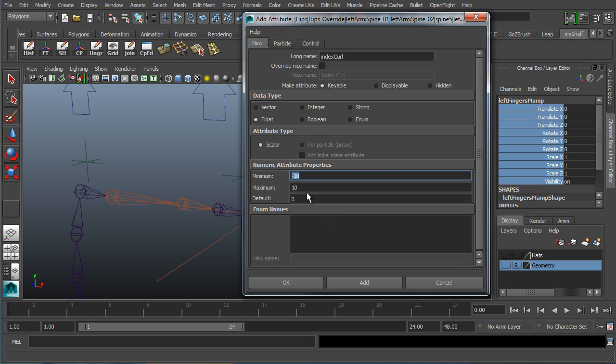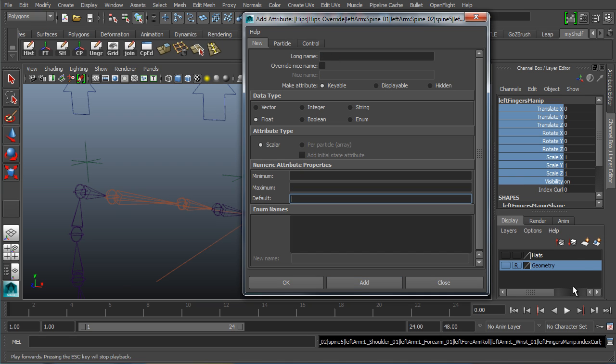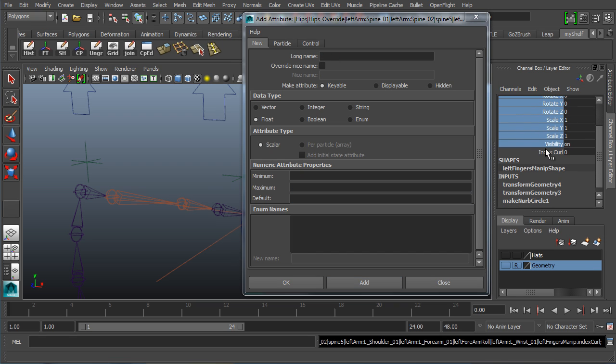In this case, we're going to have a character that we don't really need all that much movability or finite detail, and 10 and negative 10 should get across the animations that we need to do. You can always go back and change those and rekey them. So the first thing I'm going to do is go ahead and add that. At the bottom here I can click Add. You're going to see that in my channel box I get an index curl. Now the index curl is just going to be for